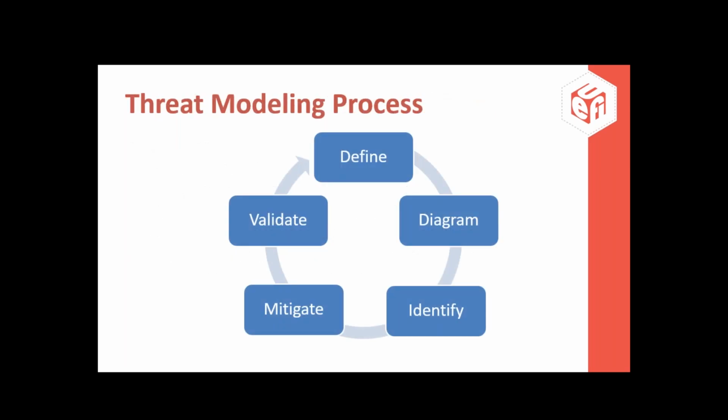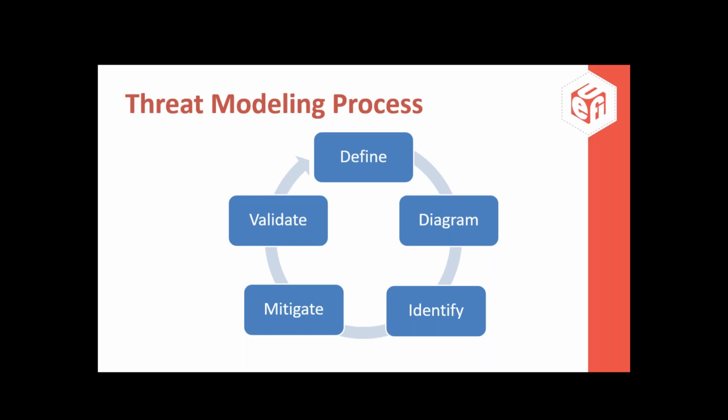So the threat modeling process is a cycle. The first thing that you need to do is define your requirements. And then you diagram your system, you identify the threats, you mitigate them, and then you validate that the mitigations are correct. And the reason that this is a cycle is that anytime you add new functionality or you fix